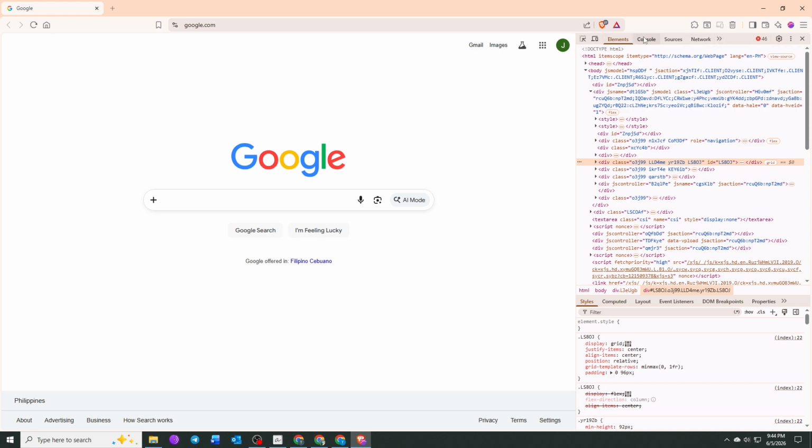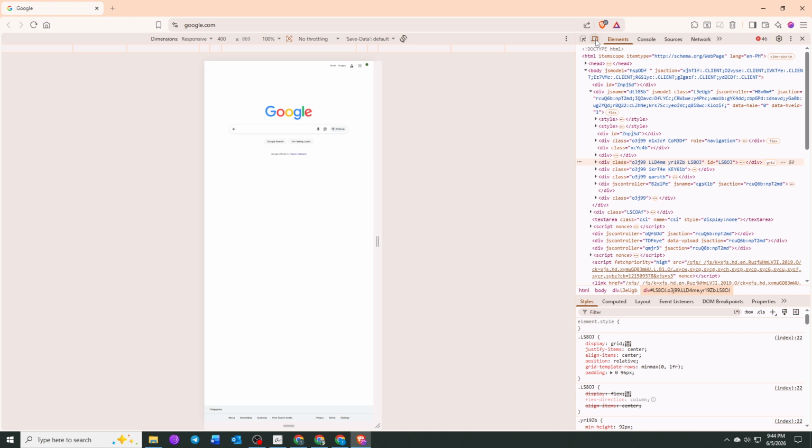Locate the option known as the Device Toolbar Toggle. This tool allows you to switch between desktop and mobile viewing modes. Click the Device Toolbar toggle to activate Mobile View. Once enabled, the web page will immediately adjust and you will notice that the layout changes to simulate a mobile screen environment. At the top of the page preview, you will see a drop-down menu that typically displays a responsive